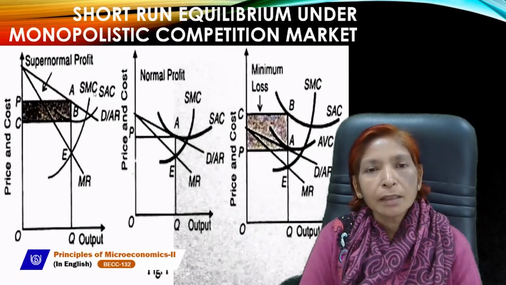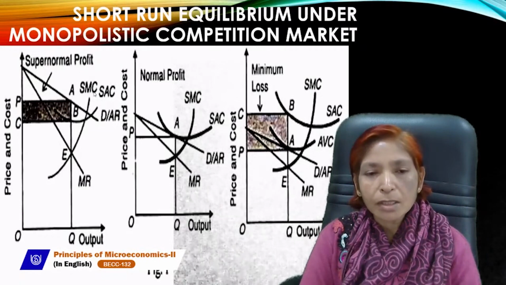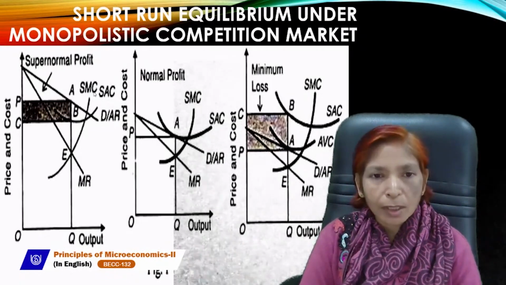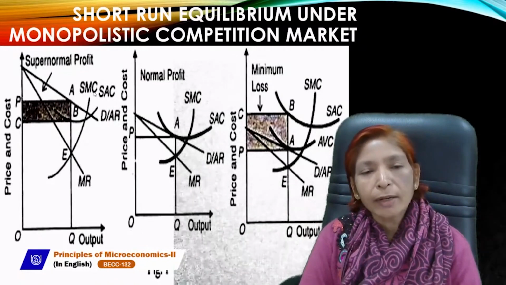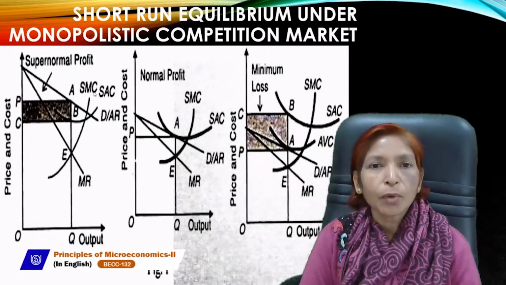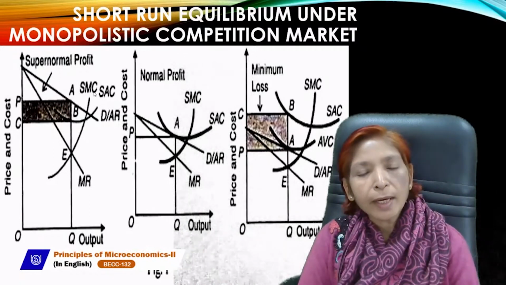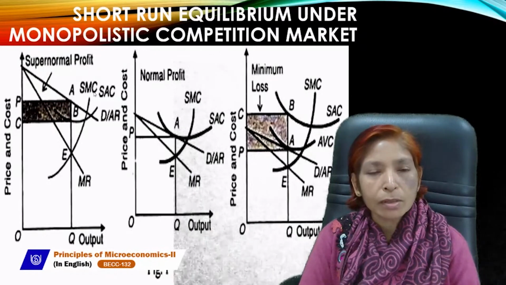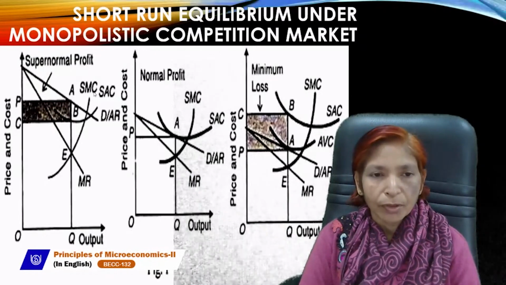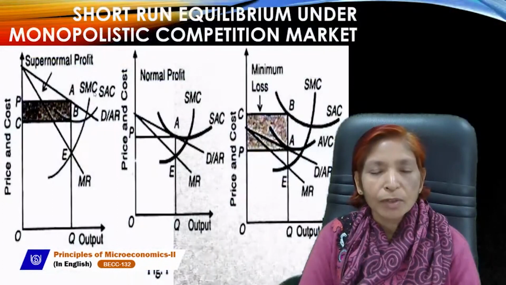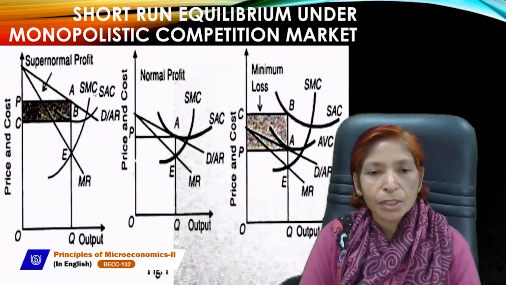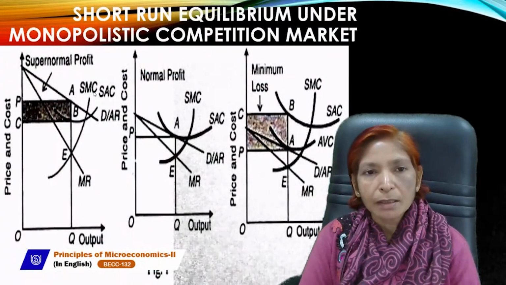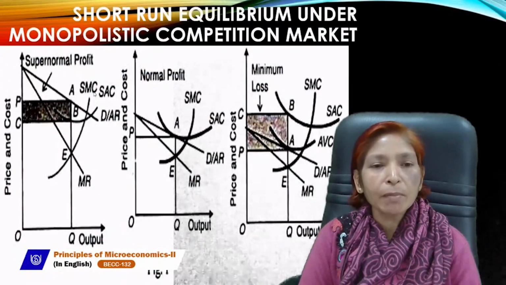And where TR and TC both intersect each other, where TR and TC both are equal, that point is called the break-even point. Break-even point is that point where there is no profit, no loss. So the first approach, which is the TR, TC approach, is always the same in each and every market, but